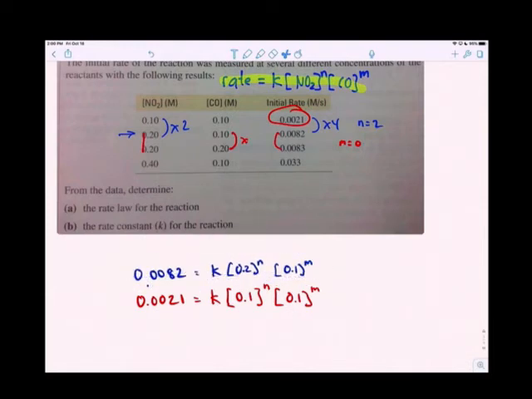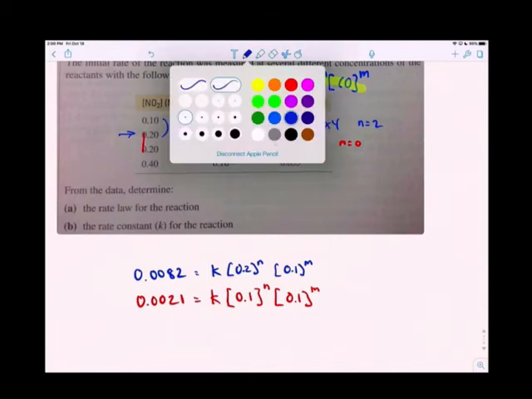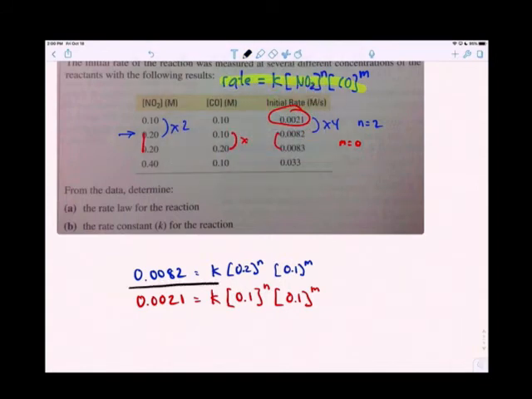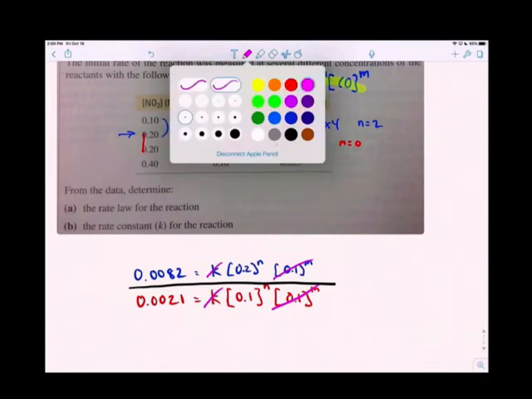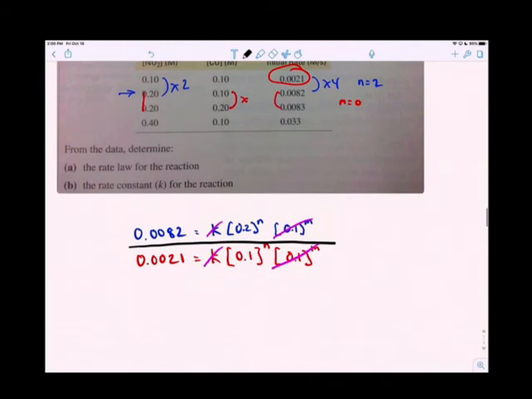Move this up. I'll move the decimal point. And now what are we going to do? We're going to divide these two equations. So I'm just going to divide them, and notice a couple of things: that these cancel, and what we are left with is